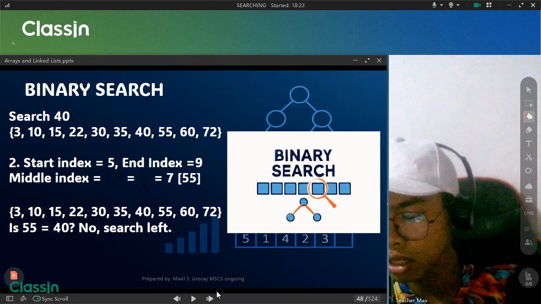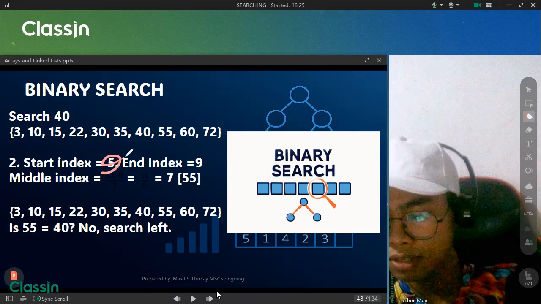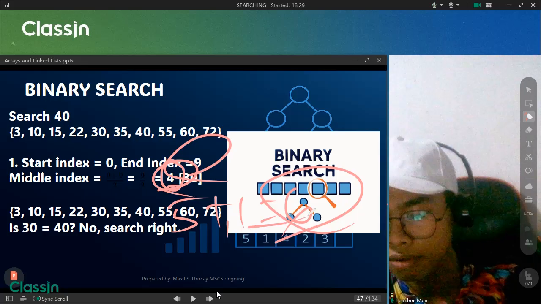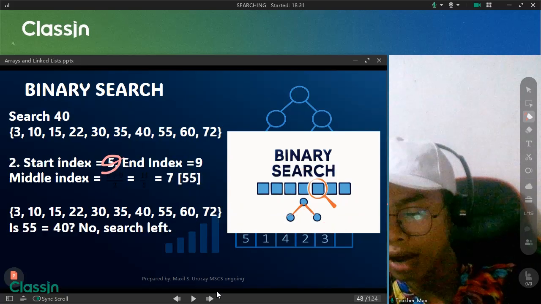In the next step, the start was set to 5, as I stated earlier, and the end index is 9.